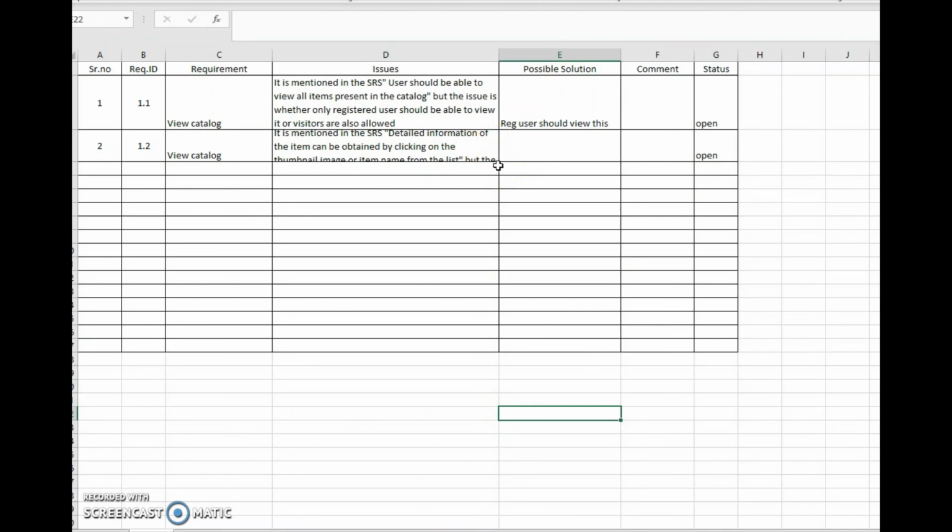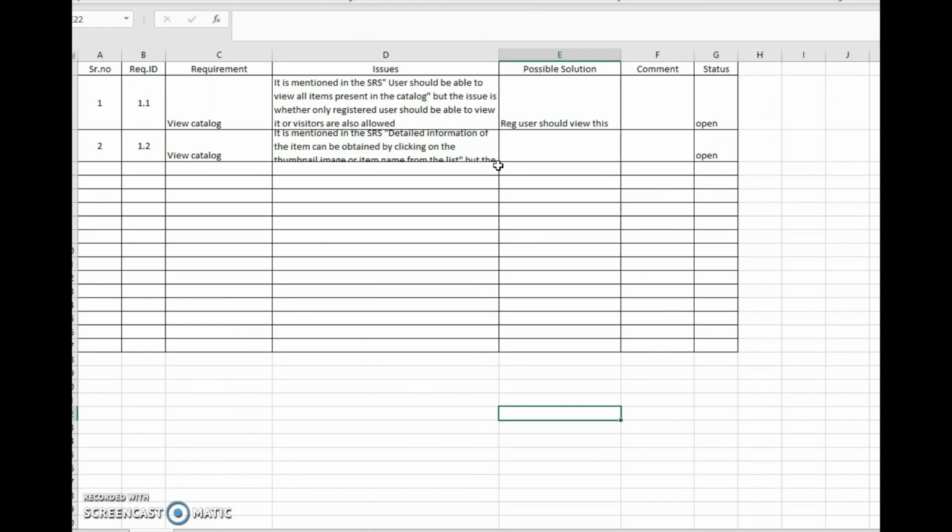So I have explained in detail the process, or how it actually happens in the industry. There might be a few changes here and there depending upon the organization, but this is the process that generally gets followed: you read the document first and try to understand it. Once you understand the document, the issues automatically come up to you.